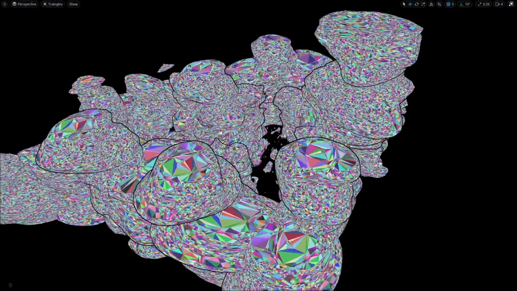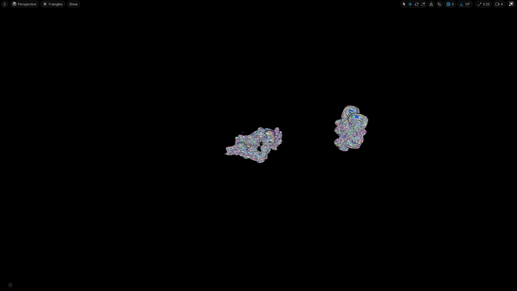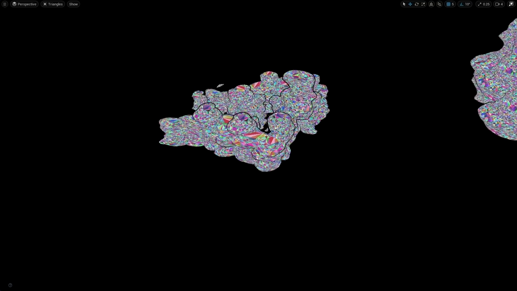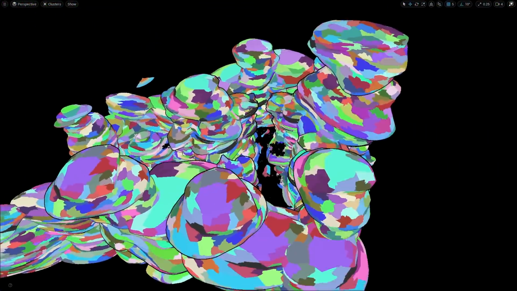So as we zoom out of this and our meshes take up a smaller and smaller screen size, they actually use a lower and lower triangle count. And we can keep zooming and keep zooming, and you can see that those triangles are getting larger and larger. And this is one of the core benefits of Nanite. It's doing all of that LODing and detail modification per mesh, and it's focusing on just the geometry that you can see. Next up is clusters, and this is where the geometry is grouped together into its logical components.